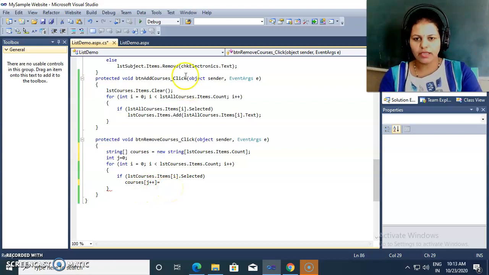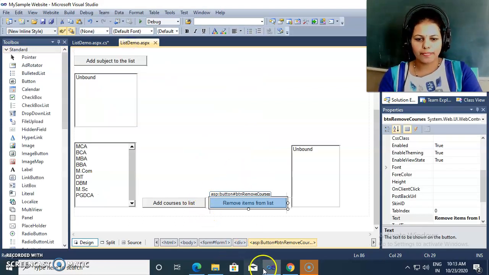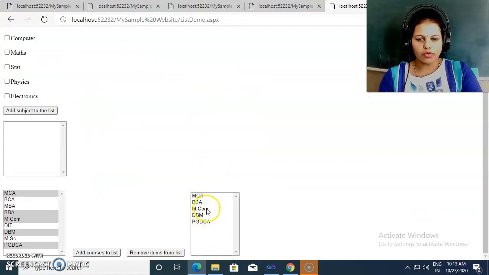This is my logic. Whatever courses are selected by the user inside this list, we first add them inside one string array, and then one by one we remove them. We are not directly removing, but we are storing all the selected elements in a string array, and then we remove them.